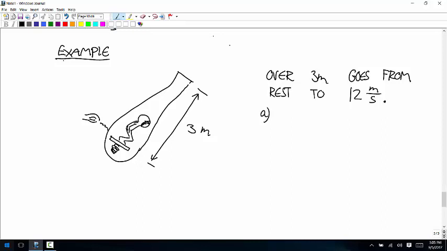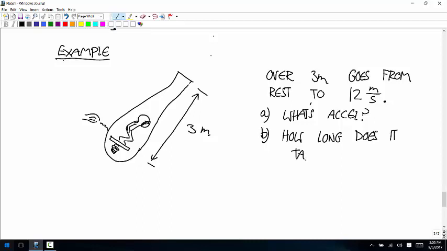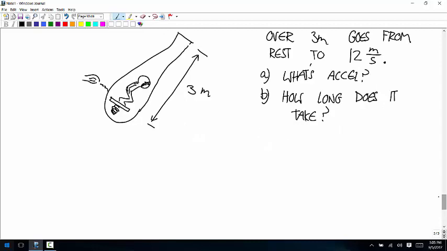So first, let's calculate acceleration. And second, let's calculate the amount of time that he's in contact with that platform. So how long does it take? Okay, so